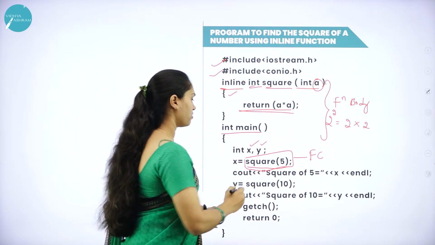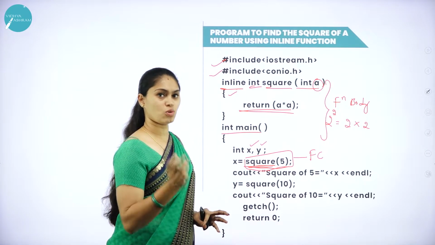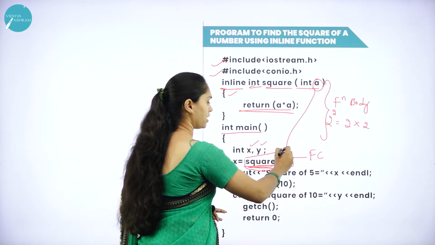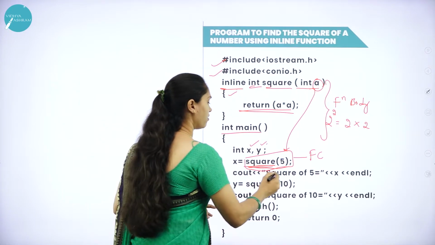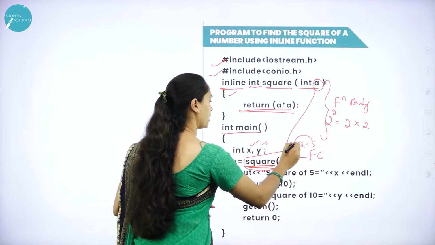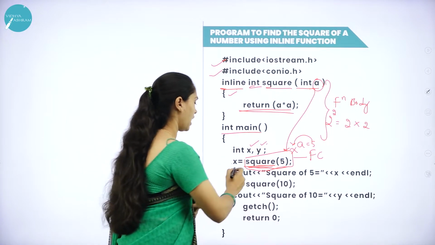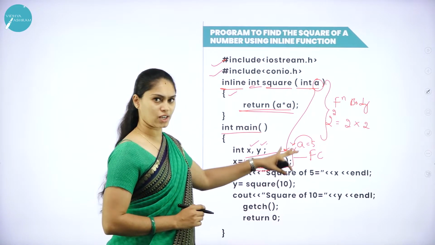Okay, so which function am I calling here? I am calling the square function. So what does it comprise of? It has one argument, that is 5, that is a. What will be the value of a right now? That is 5. That value will be assigned to the variable called x. Okay, so x is equal to square of 5. So here 5 is nothing but the value of a.